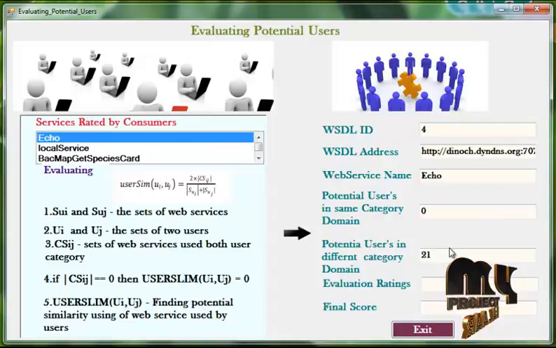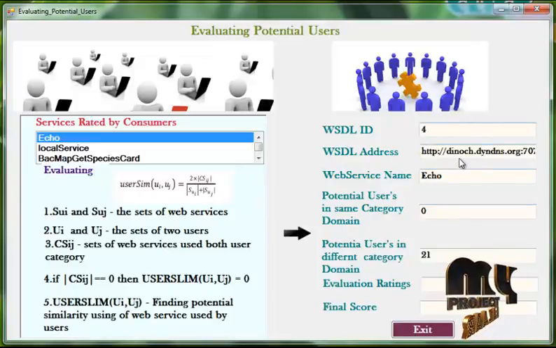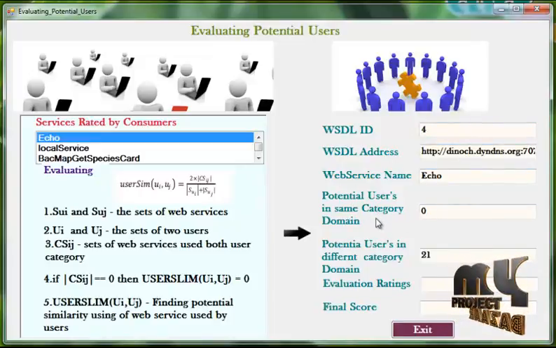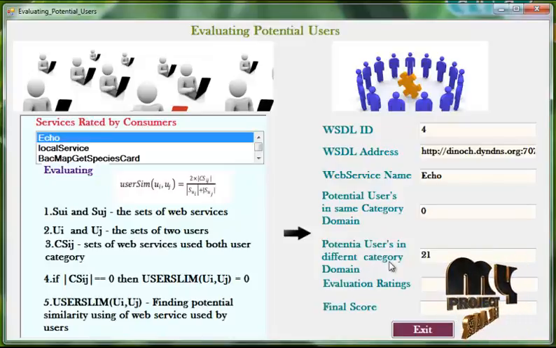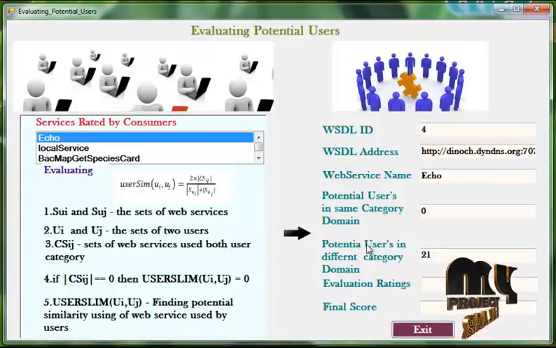So the service evaluators will see how much rating has been given to this service by seeing these potential users in same category domain and potential users in different category. It's nothing but some users will rate the service from the same domain, some users will rate the service from a different domain. For example, .com or .edu or .de, like that, from different domains. So that will be counted here.